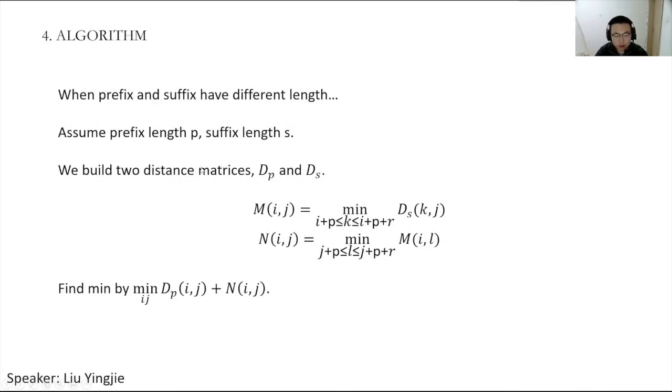At the beginning, we built two matrices dp and ds. These are just our simple distance matrices, but this one is of length p and this one is of length s. Then we build the m and n matrices using only ds because m and n only deal with the suffix. However, we need to change this static offset factor from s to p because now the prefix is p. After we have the n matrix, we can add it to matrix dp, the prefix. Then we can find the minimal value in the result matrix, and the corresponding i, j positions are the starting positions